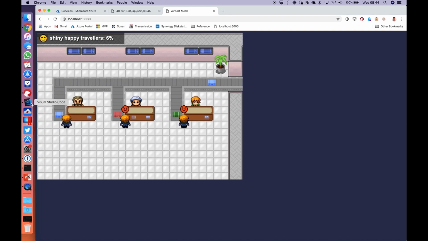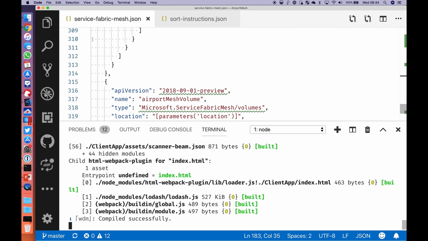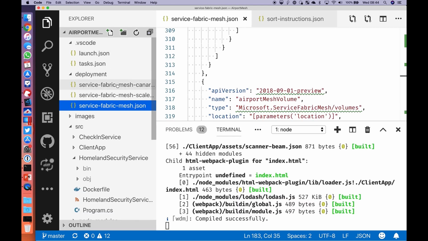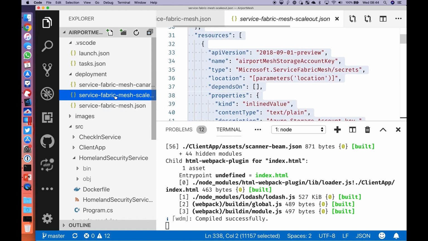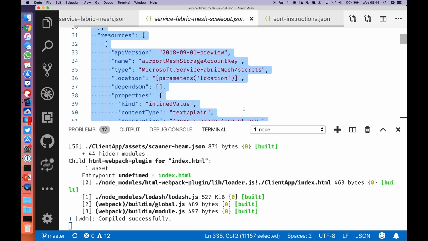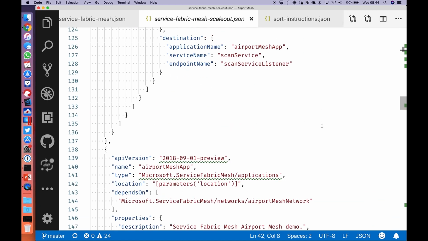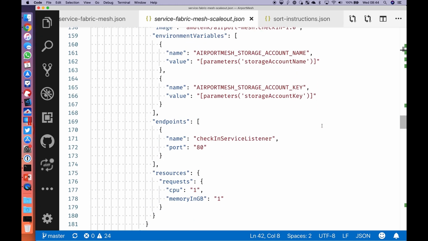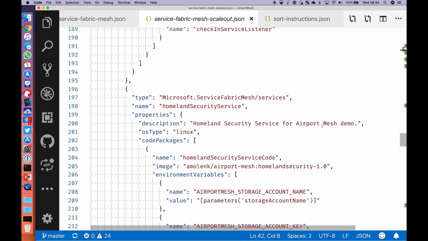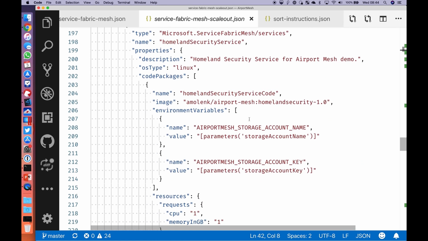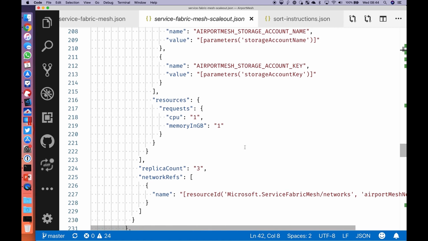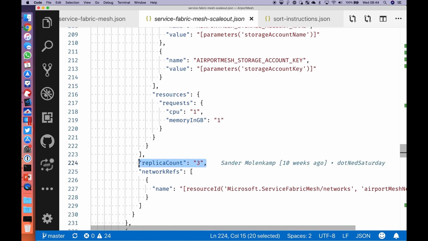Nice. So let's scale out that service. So how do we do that? Let's go back to our ARM template. I've got an additional template here, Service Fabric Mesh scale out. And I've only made a single change to the template, and that is the replica count of the Homeland Security service. Yeah. So this is my service, and let's see, where is it? I'm now saying that I want a replica count of 3, so I want 3 instances of that service. So let's deploy that